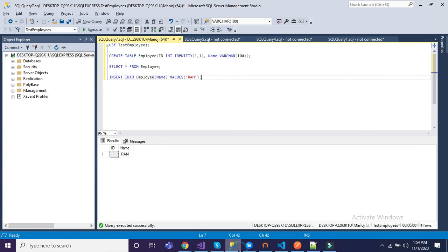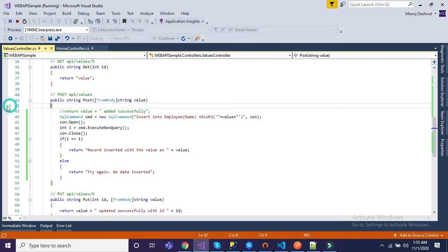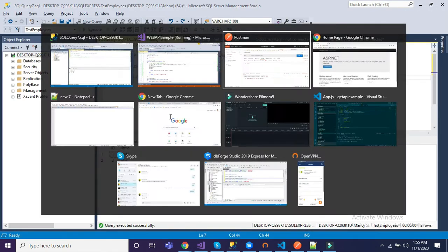Go back to SQL Server. Just select the command, click on execute. See, Virat is in our table. Great. Now let me simply add some other values. Let me remove the breakpoint.